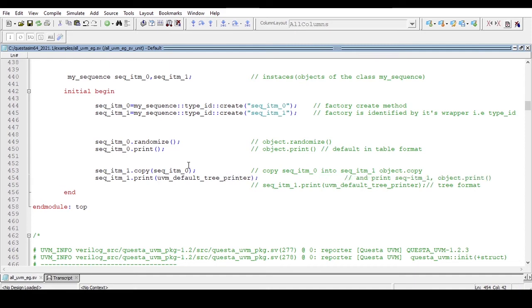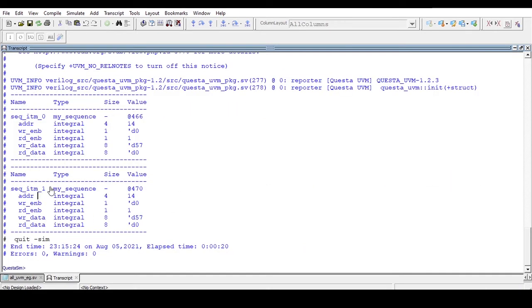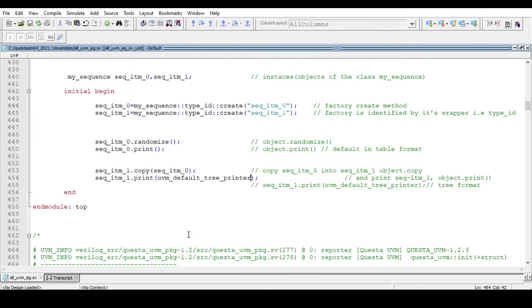So it will print this table format into tree format. Now see, I am printing sequence item 0 by default in table format, but sequence item 1 I want to print in tree format. So within parentheses, UVM underscore default underscore tree printer.